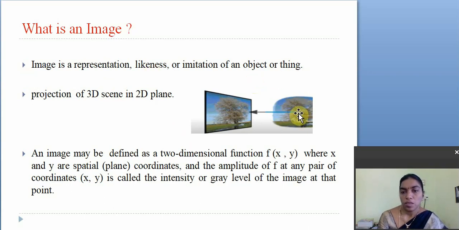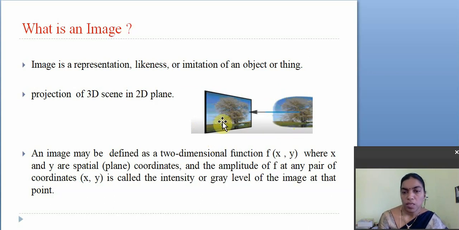So this image is captured by a particular device, then it appears like this. That means it is the representation or imitation of the object. Here, it is the projection of a 3D scene in a 2D plane. Actually, we are seeing 3D scenes.